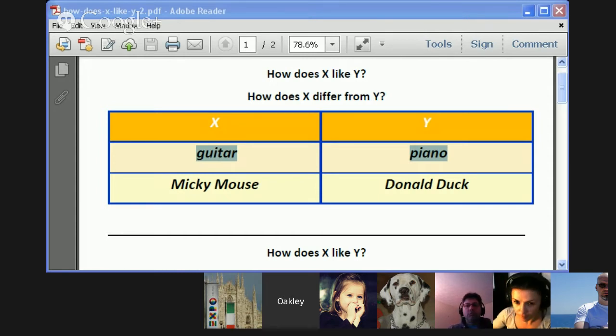Okay, Max, did you have a different reason? Maybe someone wants to say. No, it's okay. I'm going to move on to the next pair and give the other guys a chance to do different with the next pair. A guitar usually has six strings, but a piano has much more.